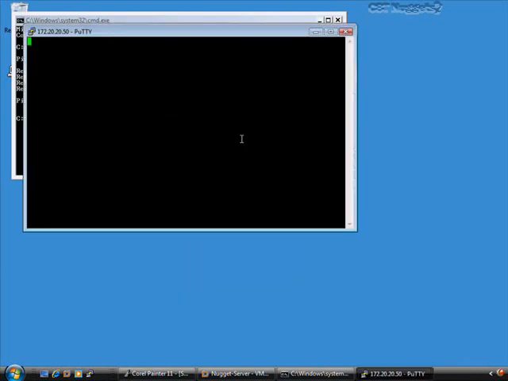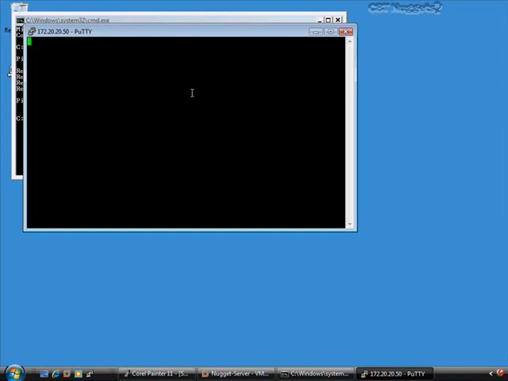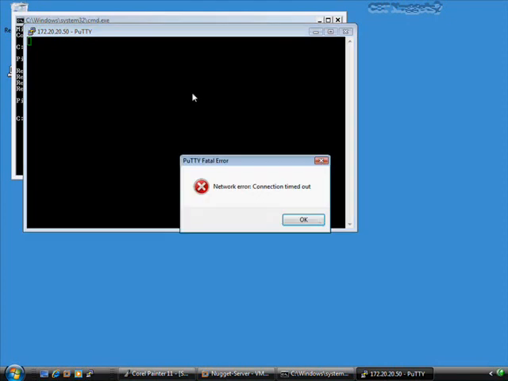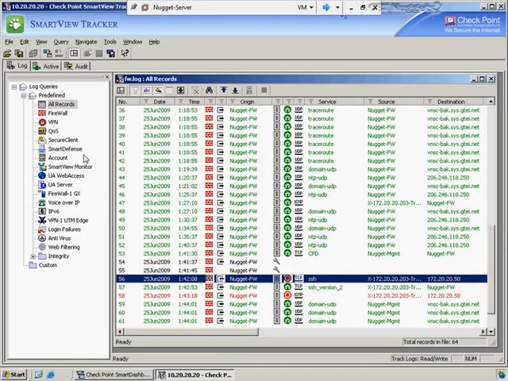And as we can see, this probably isn't going to connect for us, and it should give us an error here in a moment stating that it's having a connection problem. And let's see what we have here. So let's look, and it has a default timeout of about 60 seconds or so where it's going to actually issue a network error, connection timed out. So let's go ahead and close off of this and bring up our Nugget server,